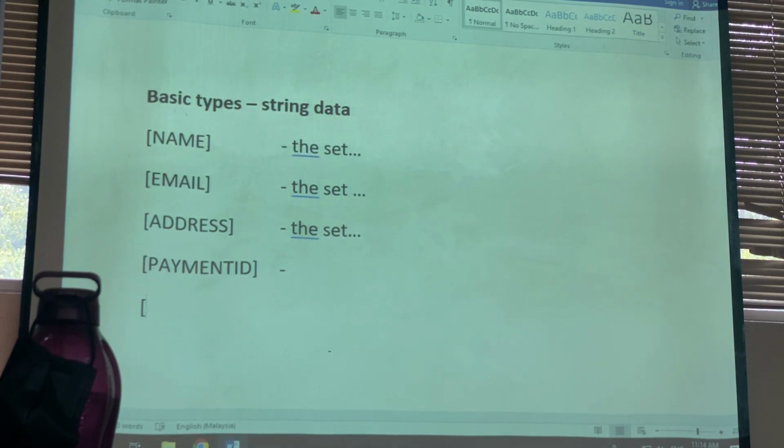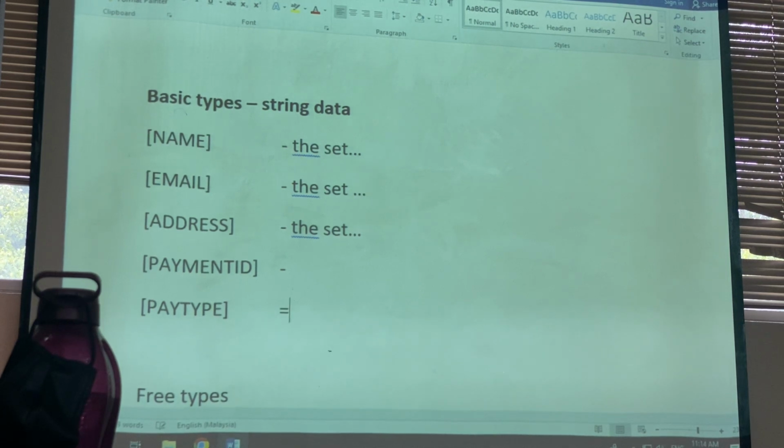What ID, payment ID, payment method. I will choose free type. Others, okay. Maybe payment type. Okay, pay type. For example, it's up to you what are the basic types that you want